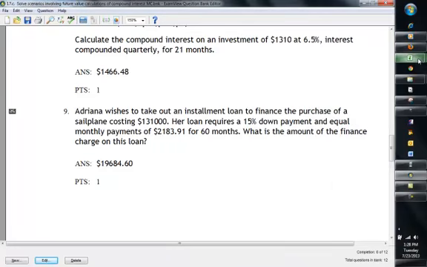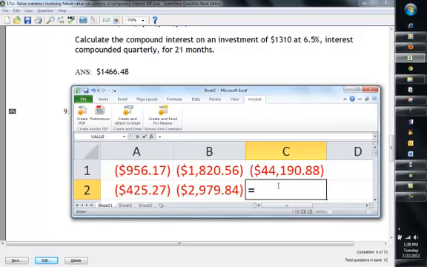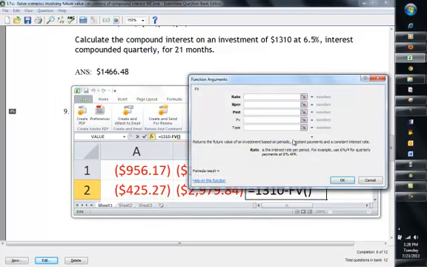Number 8, calculate the interest. So we're going to take the 1310 minus the future value of 0.065, compounded quarterly, so divided by 4. Number of periods is 21 months, but there's 3 months in each quarter, so that's 7 quarters. No payment,